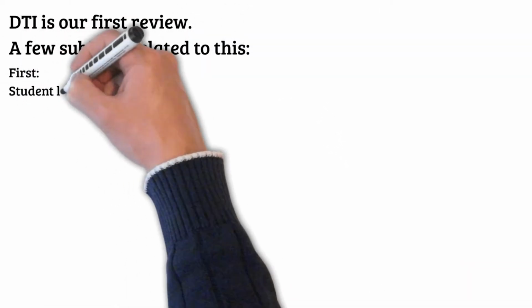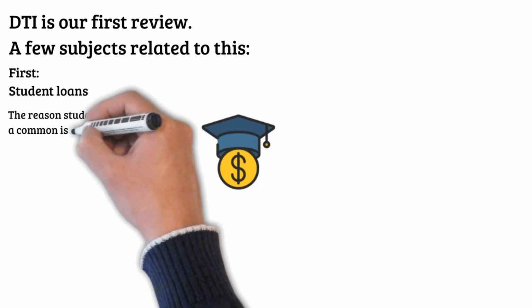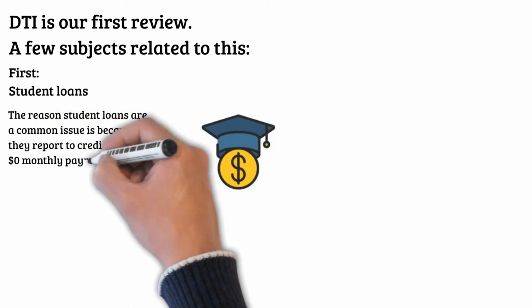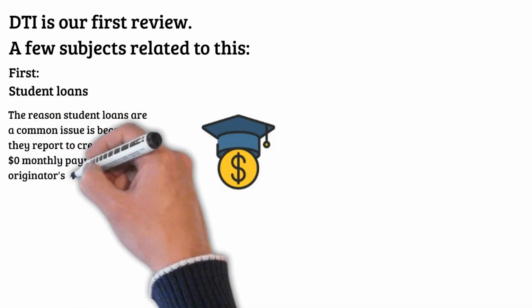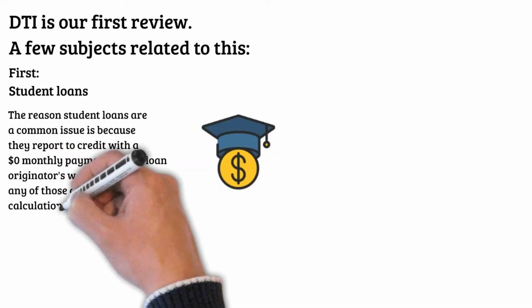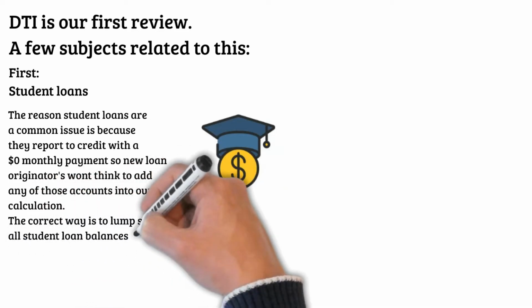And our first example for that is student loans. The reason student loans are a common issue is because they report to credit in many cases with zero monthly payment, so new loan advisors won't think to add any of those accounts into our calculation. The correct way is to lump sum all of those student loan balances on credit and multiply it by 1%